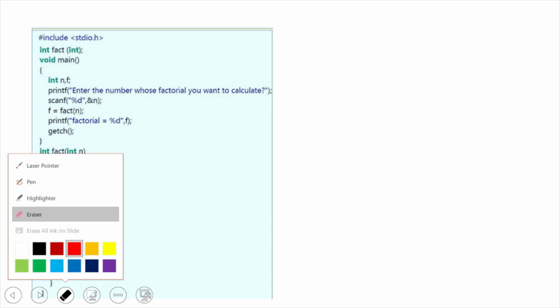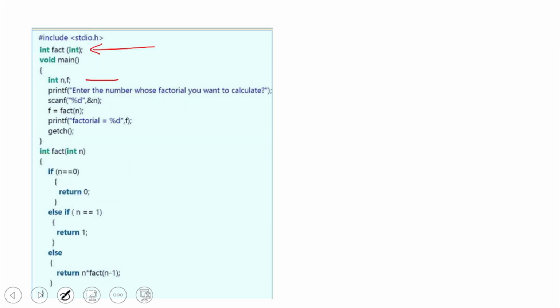So we're going to declare a function called factorial, and inside the main function we are declaring two variables, n and f. The number is scanned into n and we're going to call the function using f is equal to fact n.